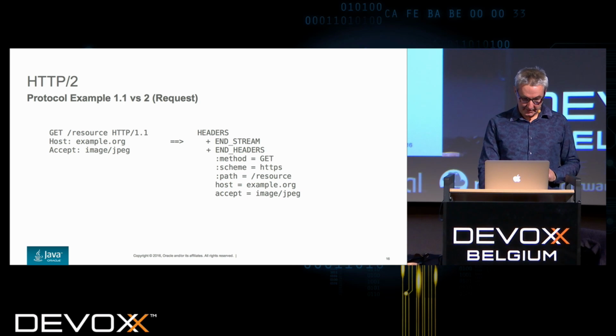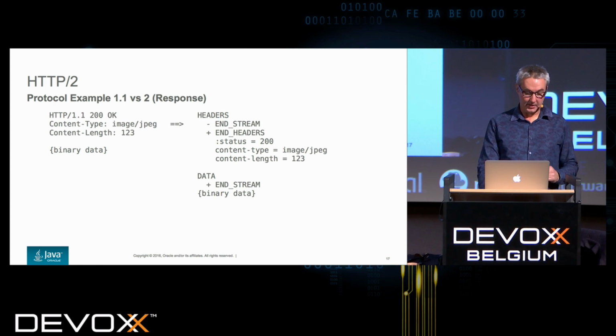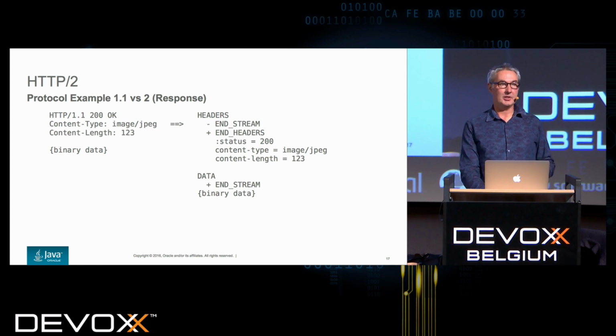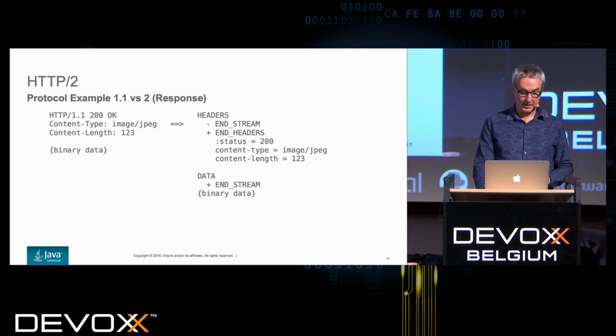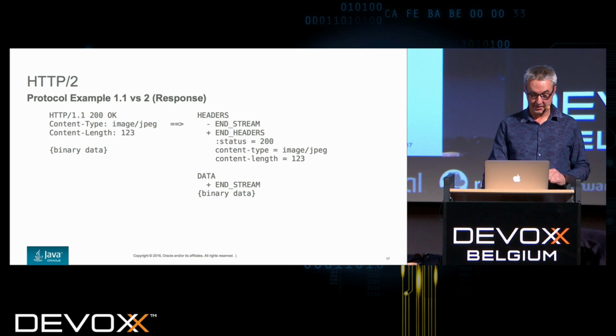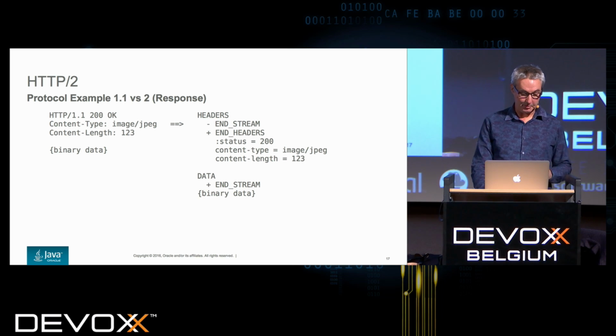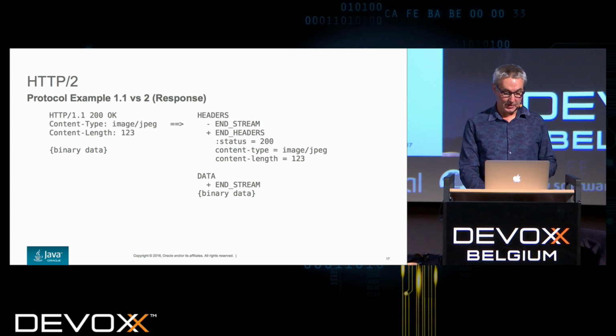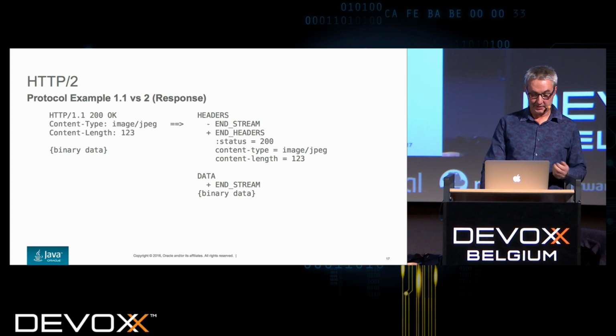So what does the response look like? Let's say on the left-hand side we have the traditional HTTP 1 response, which is a 200 OK with two response headers, content type and content length, followed by 123 bytes of binary data. In this case we have a headers frame with, this time, only one flag set. The end stream flag is not set